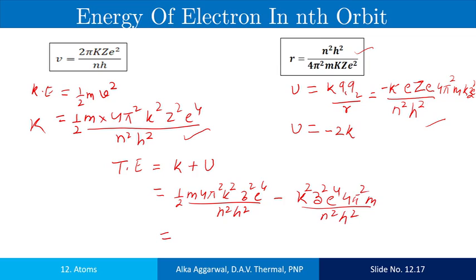So the expression is equal to minus 1 by 2 4 pi square m k square z square e to the power 4 upon n square h square, which is equal to the